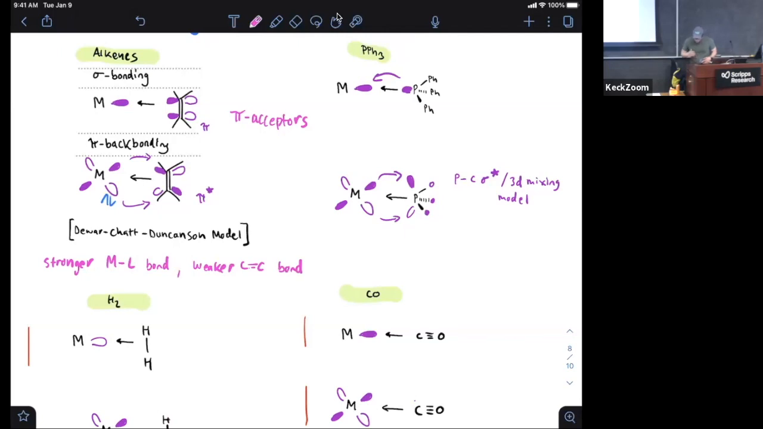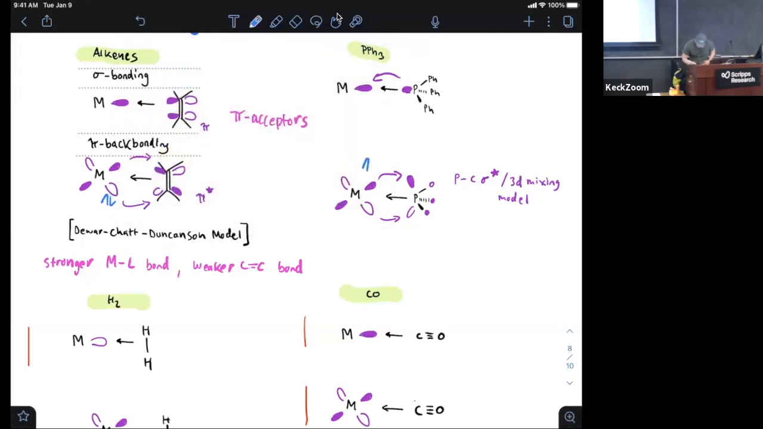And at first glance, you might look at this and say, okay, what orbital on the phosphorus atom is actually going to allow for pi back bonding from the metal? And you might conclude that it's the unoccupied 3D orbital, but that's not quite right. In fact, a better way to think about it is that you're donating electrons from the metal into a